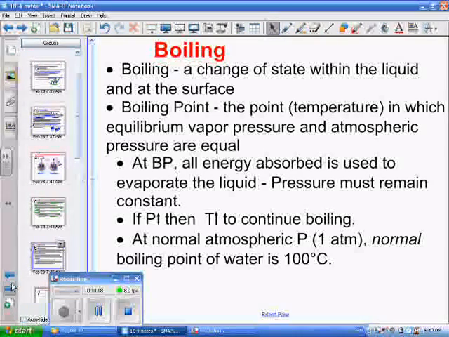All right, now at boiling point, let's talk about this right here. At boiling point, all energy absorbed is used to evaporate the liquid. The pressure on that liquid must remain constant. So obviously we have an open system here. Any energy that goes in is dedicated to changing the phase. Let me say it again. Any energy that goes in, absorbed, is used to change the phase from liquid